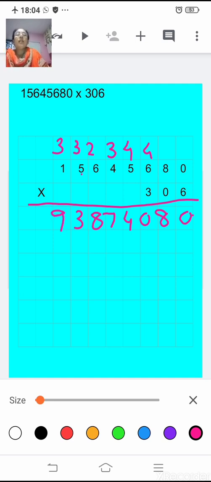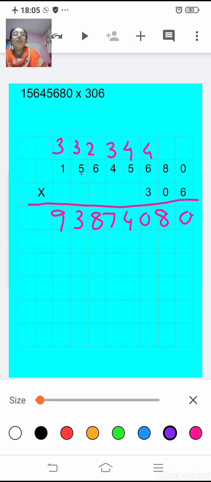Now you all know, children, any number multiplied by 0 is always 0. So you can skip this second line because all the numbers will be 0. Or you can just write 0 everywhere and then continue with the next number. Now since all the numbers are going to be 0, we'll directly come to the number in the hundreds place. So the number in the hundreds place is 3.